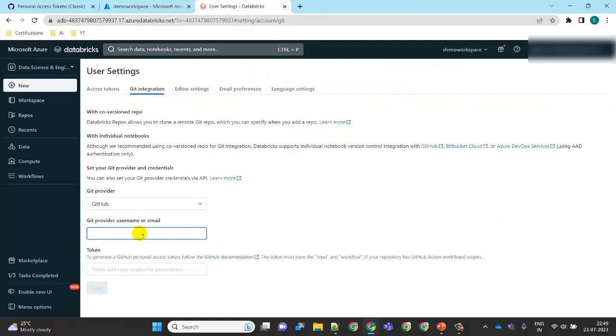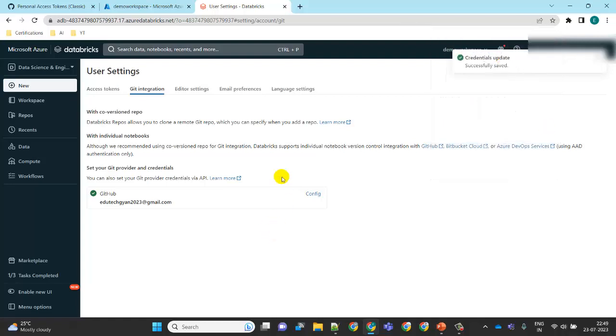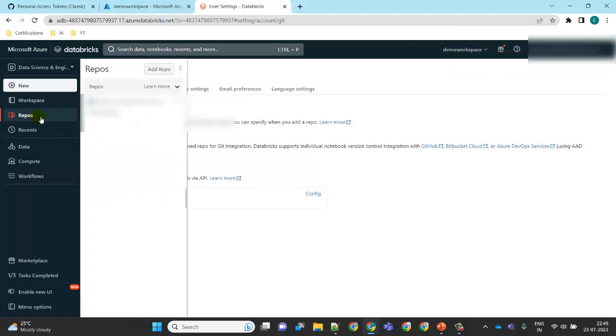Okay, so here I need to provide a username, like I have here at gmail.com, and I have this token. Now I have to click on this. See, it is saved, right? Once it is saved, we need to go to the repo section. Here we have a repo option, and we need to click on this